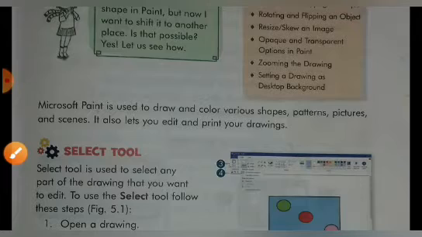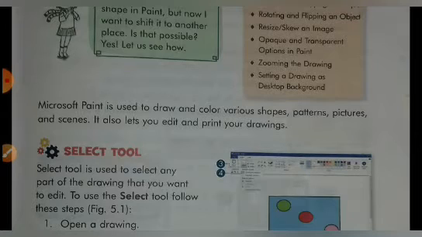First of all, dear students, we need to know what is Paint. Paint is used to draw and color various shapes, patterns, pictures and scenes. It also lets you edit and print your drawings.